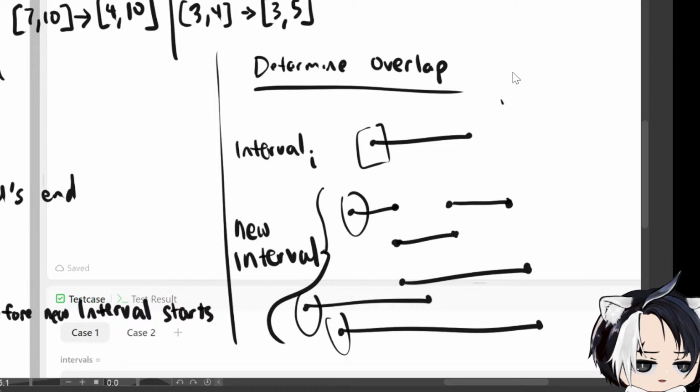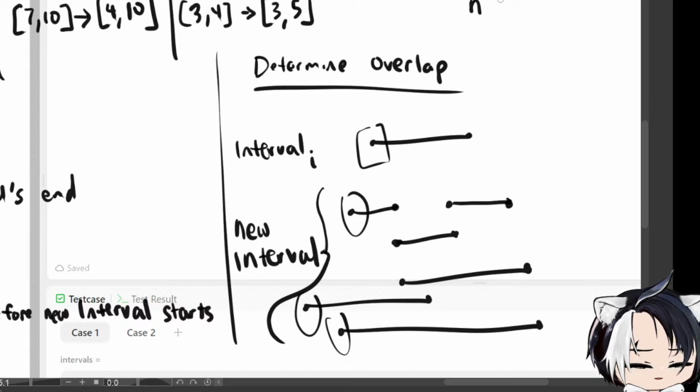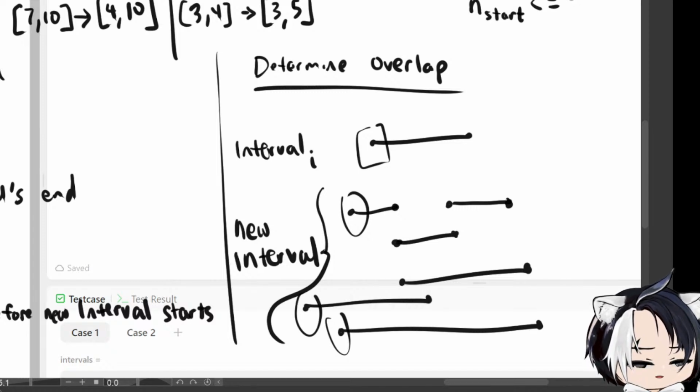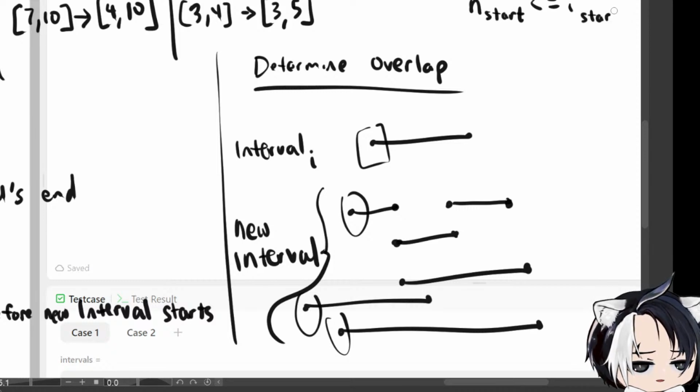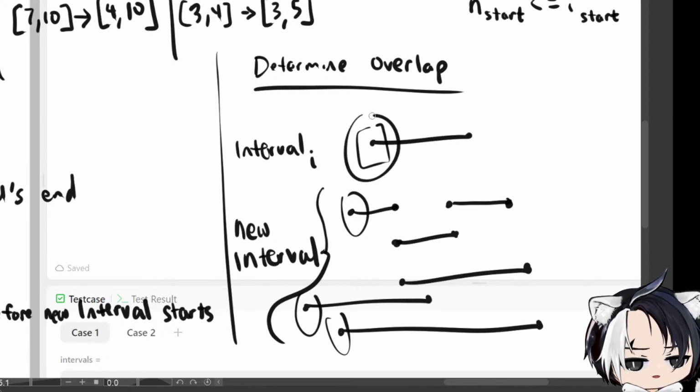So let's set the condition. If the new interval start is less than or equal to the current interval end, I'm going to add start. And then if this ends after,